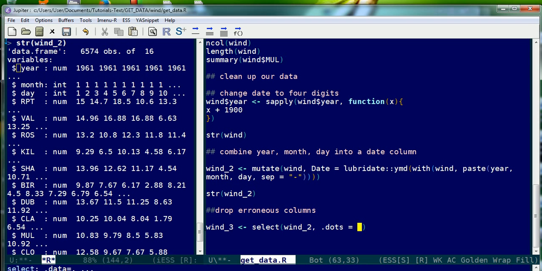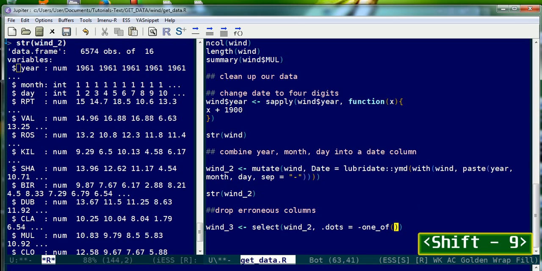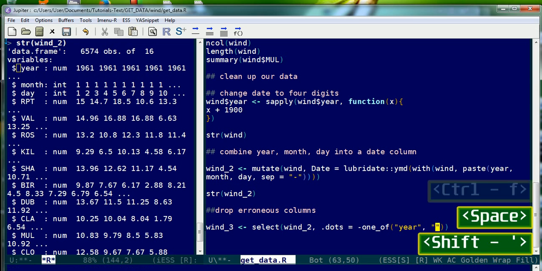What you can also do is you can give it a negative operator and refer to columns that it will drop, and we're going to do that. And so we'll use this one_of, and we're going to drop these columns that are in here, and those are going to be year,